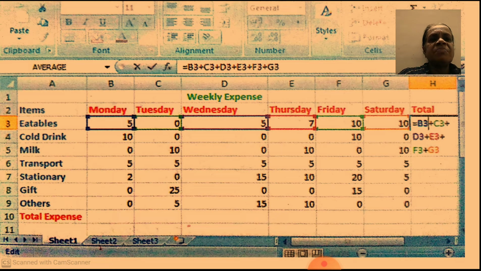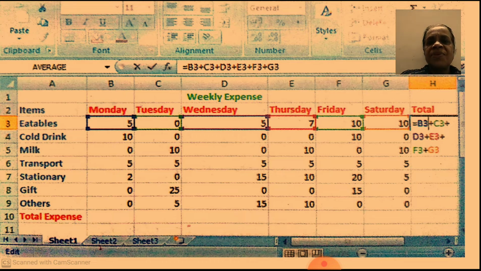Now in this table we will learn how to do the simple calculation of addition. This table shows the weekly expenses for certain items like eatables, cold drink, milk, transport, stationery, gift and others, which are entered in column A, and in columns B, C, D, E, F, G we are entering the days Monday to Saturday and the expenses we have incurred in the whole week.